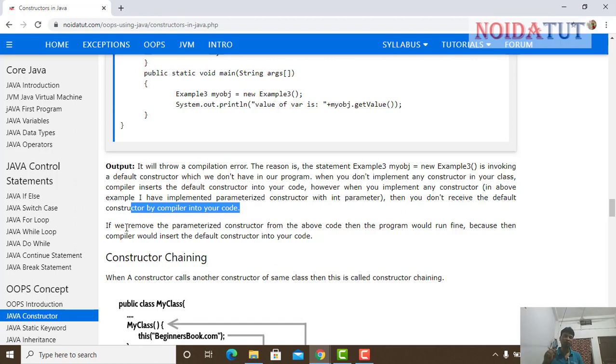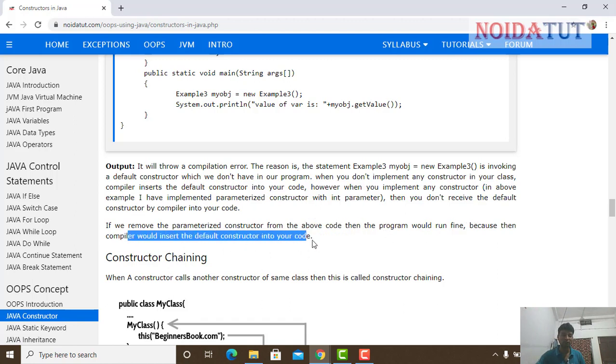So this is the reason the default constructor is not generated by the system at that instant. Now if we remove the parameterized constructor from the above code, then the program would run fine, because the compiler would insert the default constructor in your code.